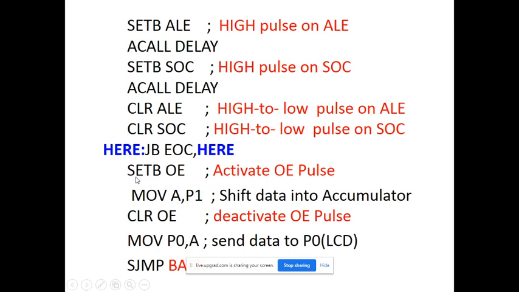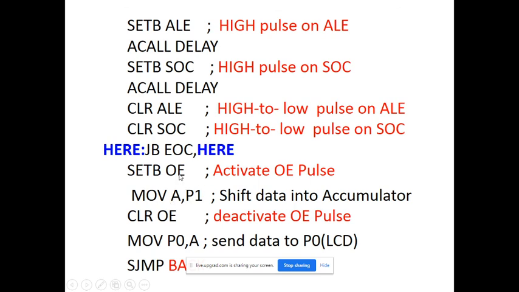Now after EOC, the controller will set OE, activating the OE pulse. Then at the OE pulse, whatever data is coming through the P1 port is taken into the accumulator. The data is coming through the P1 port, which is the data port. Through the data port, data is taken into the accumulator.